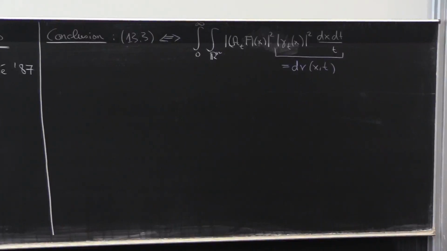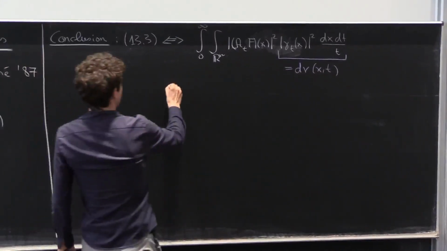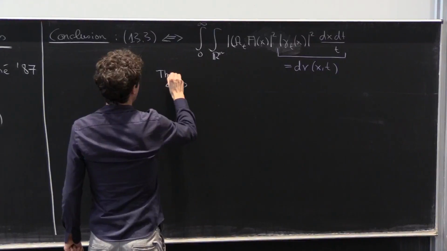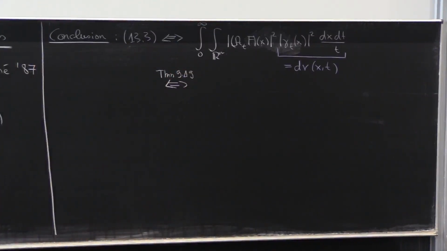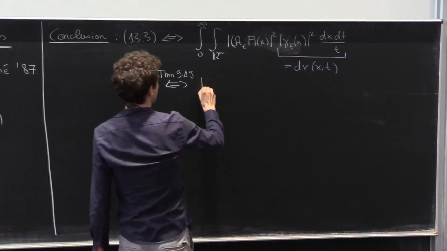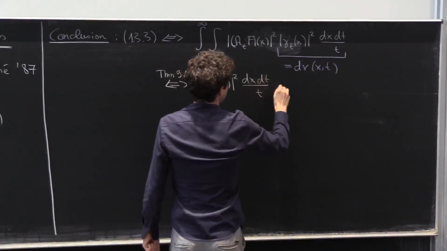You remember? So what does the measure have to satisfy? It's also on the board. It has to be a Carlson measure, right? That's theorem 9.19. Well, 9.19 said that it's sufficient to prove that it's a Carlson measure estimate, which is anyway the direction we want to go, but preceding the discussion, we also checked that it's necessary. Okay, so it's really an equivalence. And so I have to prove that gamma_t(x) squared dx dt over t is a Carlson measure.